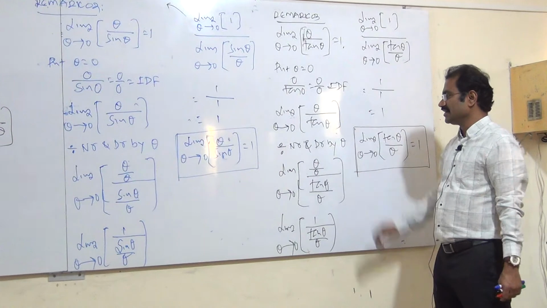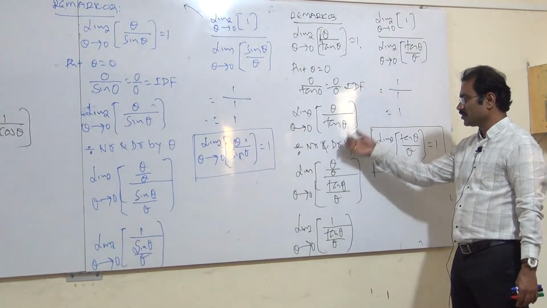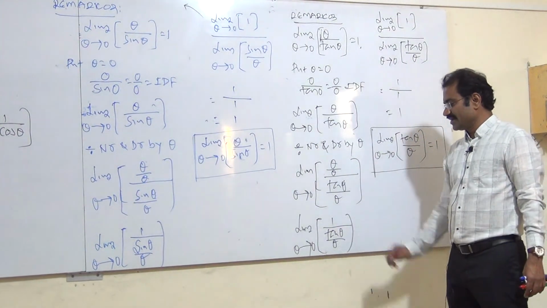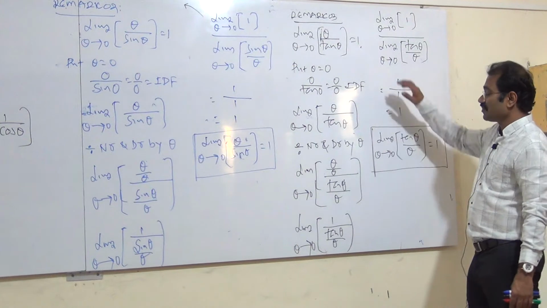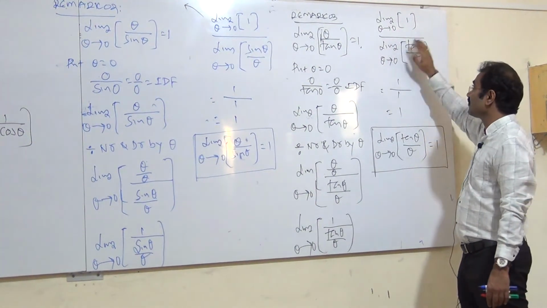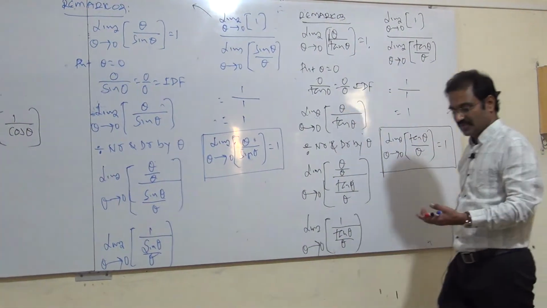Theta by tan theta, divide numerator and denominator by theta, divide both the top and bottom by theta. 1 divided by tan theta by theta. So apply the limit to the numerator and limit to the denominator. Limit of 1, limit of tan theta by theta. It is 1 by 1. Answer is 1. Therefore,